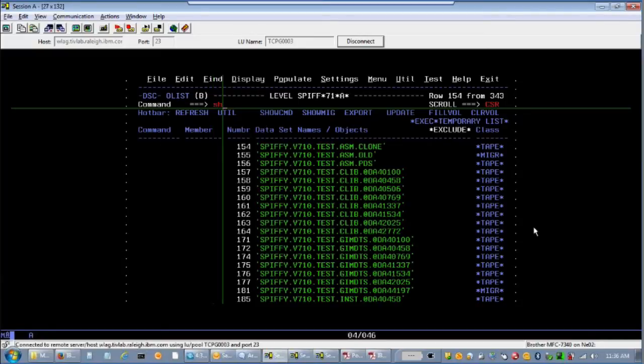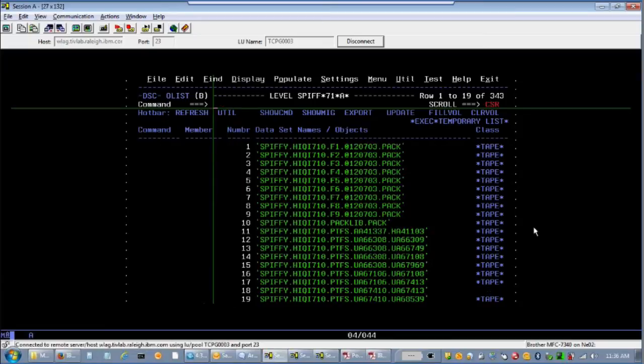Now, show mig is an on-off. So if I enter it again and refresh, I'll see all the data sets. But anyway, I'm here, and I'd like to